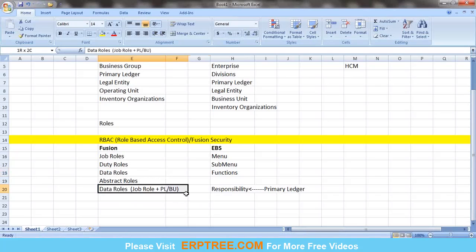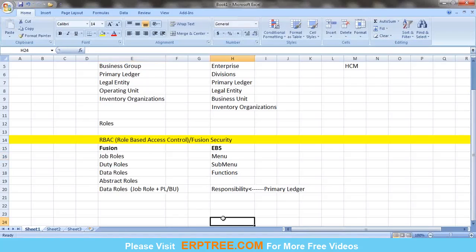So that data role is equal to responsibility. Which responsibility you already assigned a primary ledger. If there is no primary ledger associated with this responsibility, you cannot record any transaction. Here within the data role, if you don't have a primary ledger or business unit, only the job role will remain,